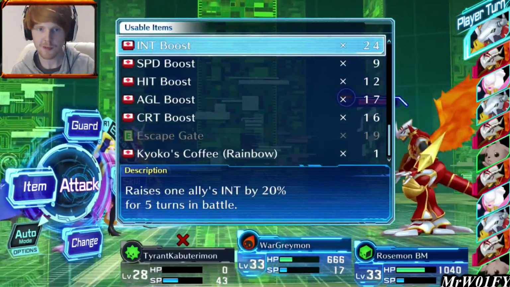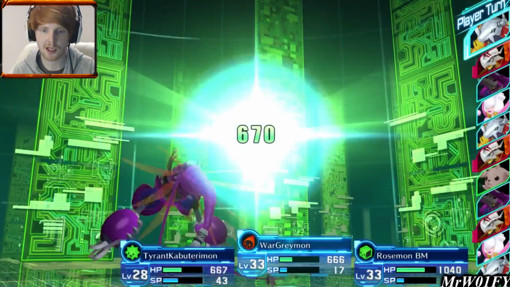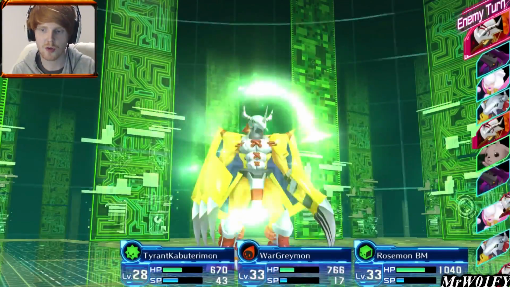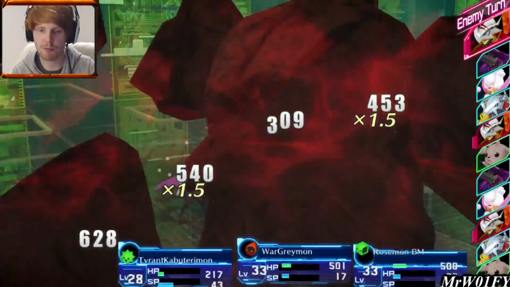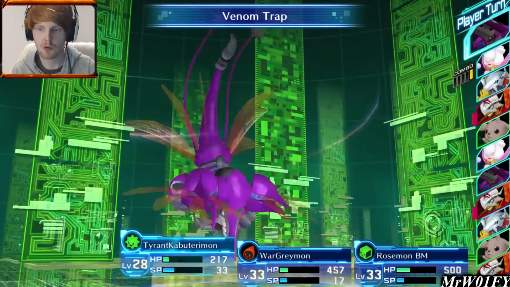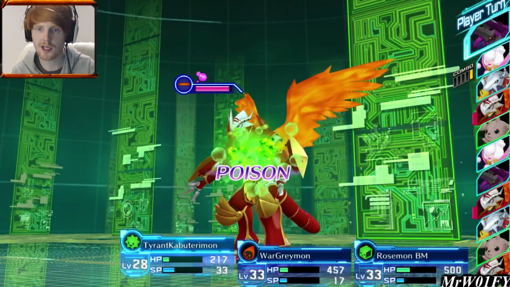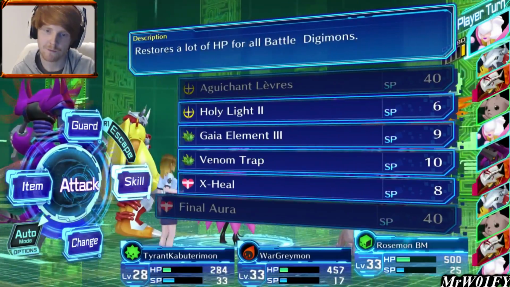Because we have 2 poison users with us and we have 10 recoveries, I am pretty confident that we can close this out now. It's just a case of how often we can proc the poison and how soon. So we might end up losing a couple of our dudes at the same time here, but we're going to just keep trying this. With Rosemon, I will actually use Final Order here as long as I have the SP to do so. I don't, unfortunately...